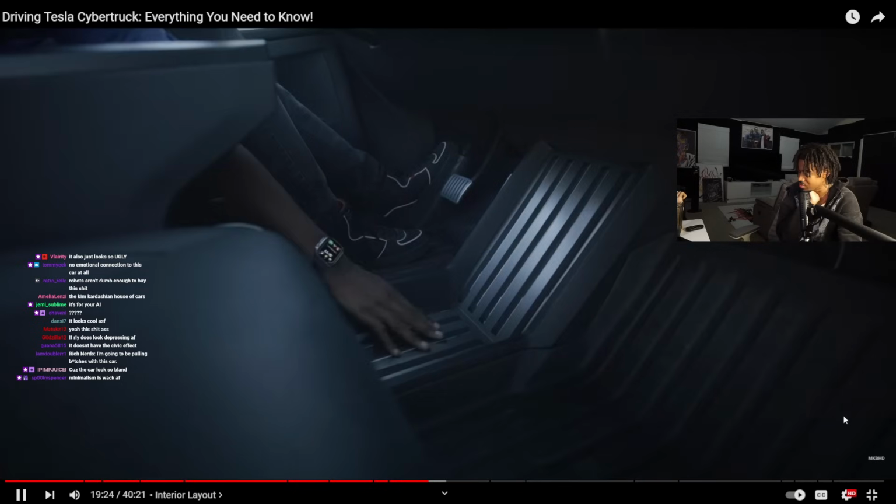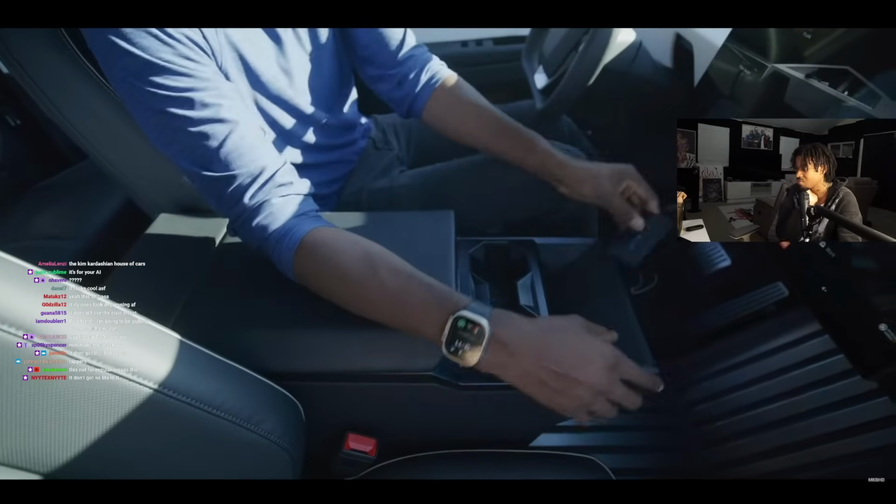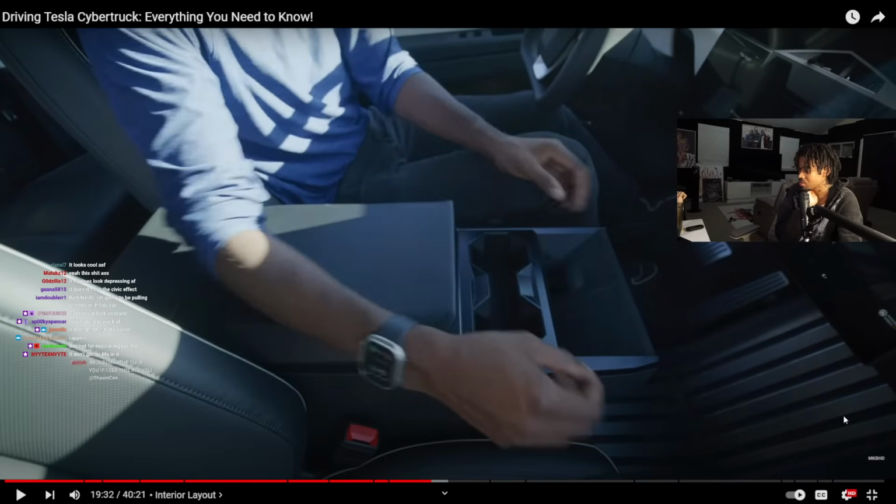That's you. Then you have just this big open tray space, which I believe the Rivian also has, and then in front, 2 wireless chargers, 2 cup holders. It's not for regular niggas though. That's true, you're right. But I'm looking at this, it's just like,